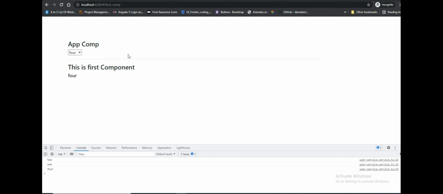I need to check the exact value if the user has selected something from the header; there is a drop down, and depending upon that drop down value, I need to show particular data. So in that case, this is the best way to show the data, or pass some values from one component to another component.